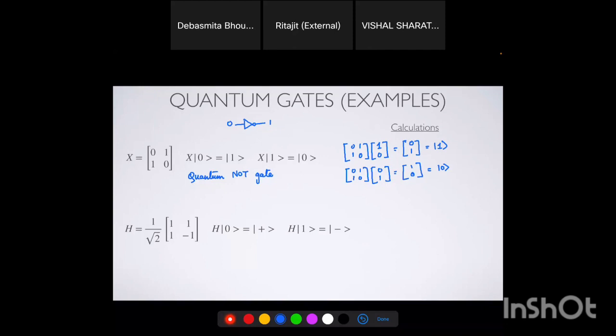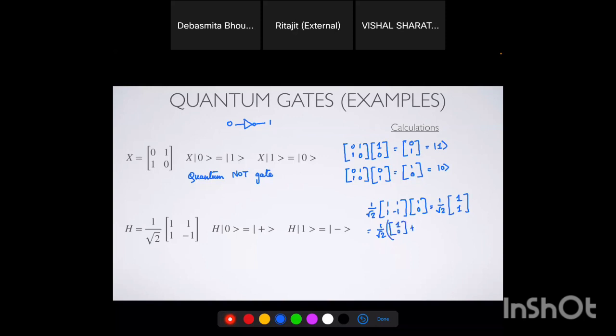Just recall, this is the Hadamard gate. What we were seeing previously, the hat on top of H, was a Hamiltonian. That is something different. This is just a gate. So let's do this calculation: 1 1, 1 minus 1, acting on this state 0. The 1 over root 2 is there. If you do the calculation, the first row becomes 1, the second row also becomes 1. Now we can write this as 1 over square root 2,